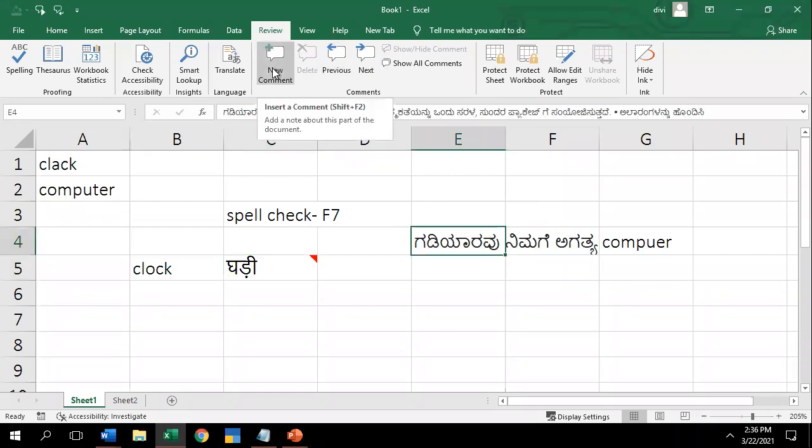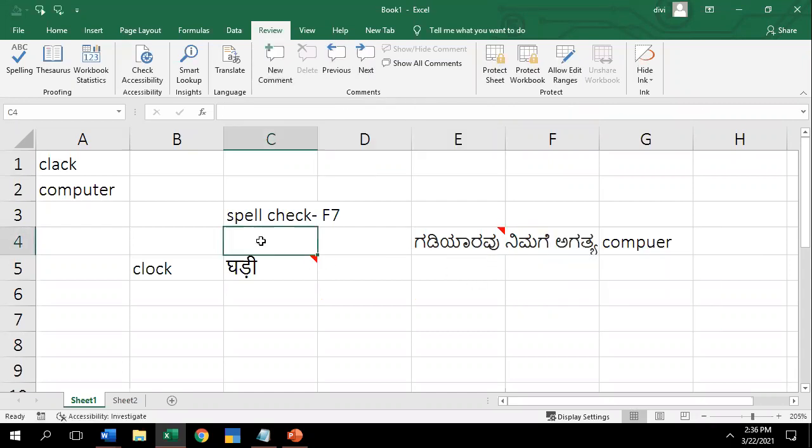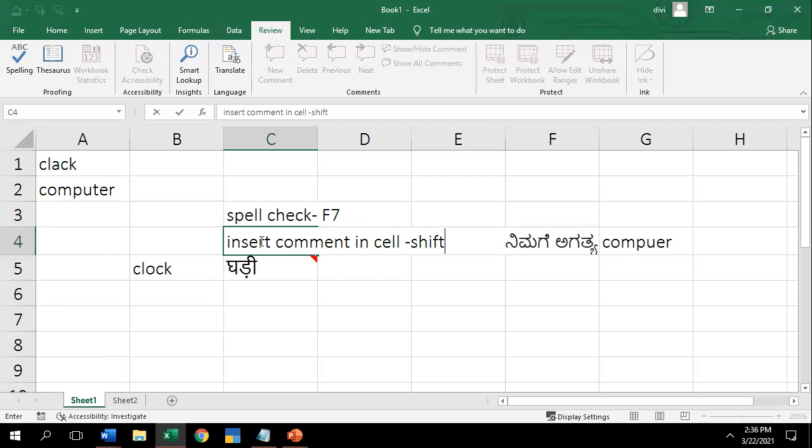If I want to write, you can click on insert comment, or other shortcut you can insert. To insert comments, the shortcut key is Shift plus F2.